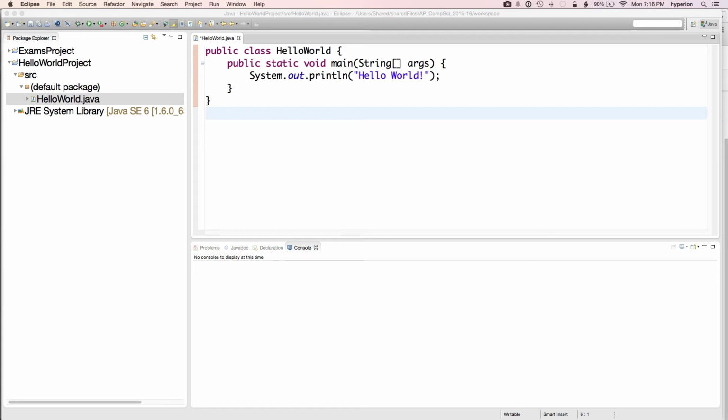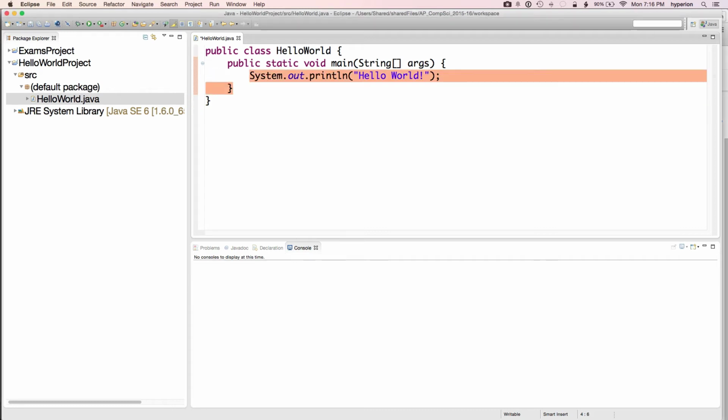If it doesn't say so already, go ahead and just make the single line of code in it say System.out.println("Hello World"). All we're looking for here is to have a simple program with some basic features in it. Now what we're going to do before we actually get started with the next step of exporting the project